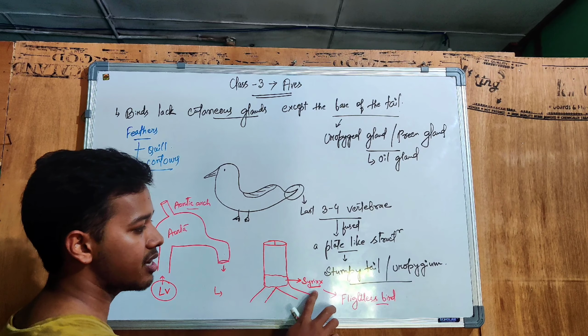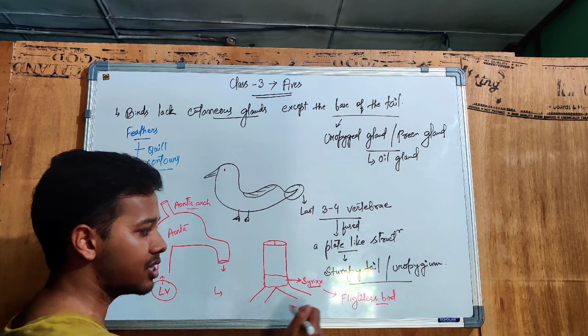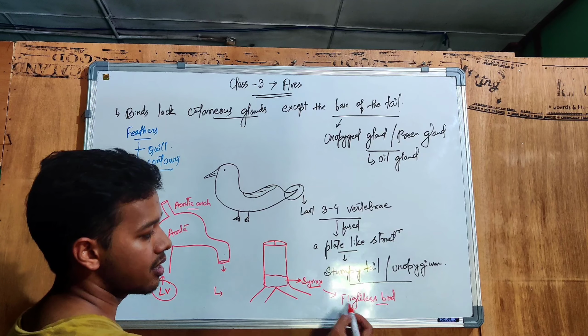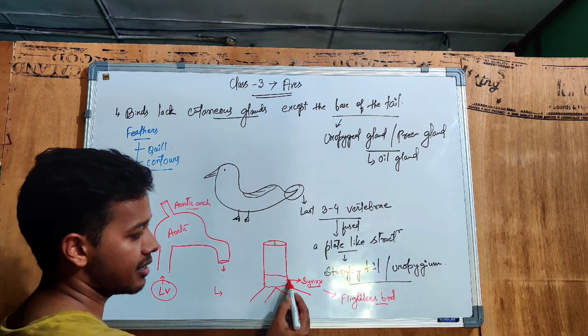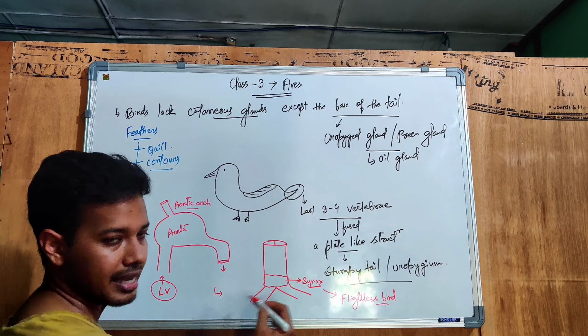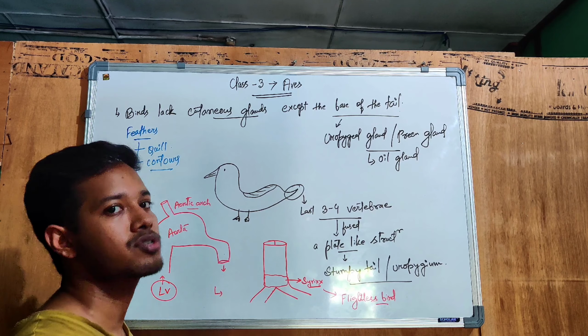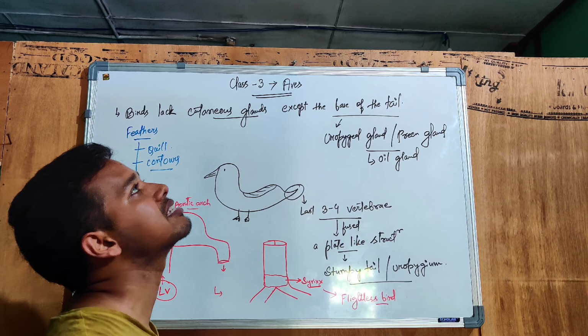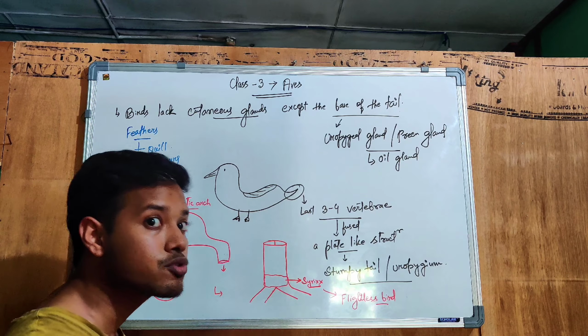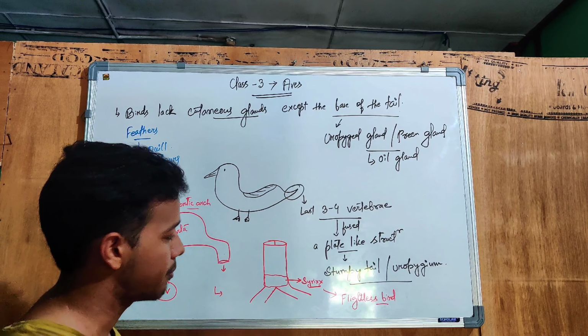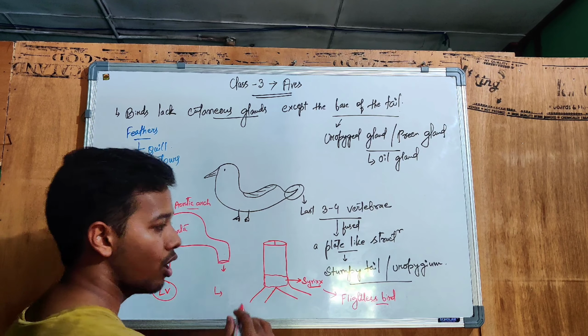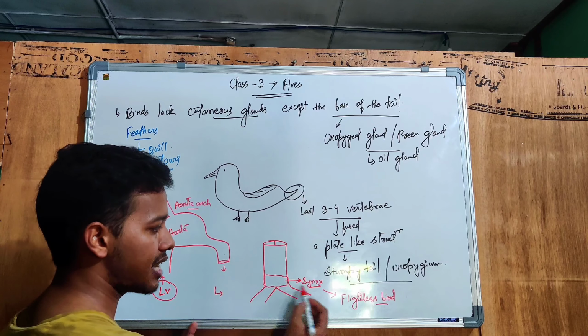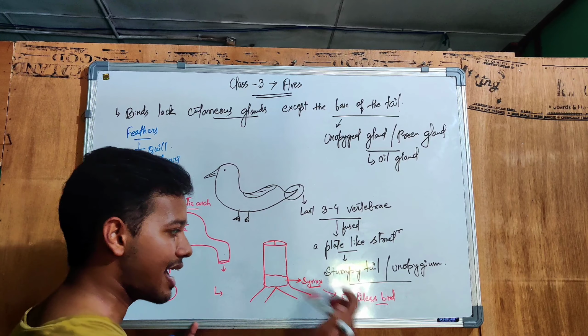In case of birds, their voice box is present a little bit deeper, which is called syrinx. It will be present here at the base of the trachea. Hence, whenever the bird brings out some kind of sound, they need to stretch their neck like this, so that the sound comes from a very deeper region of their windpipe. So all the birds make sound with the help of syrinx situated at the base of the trachea, except